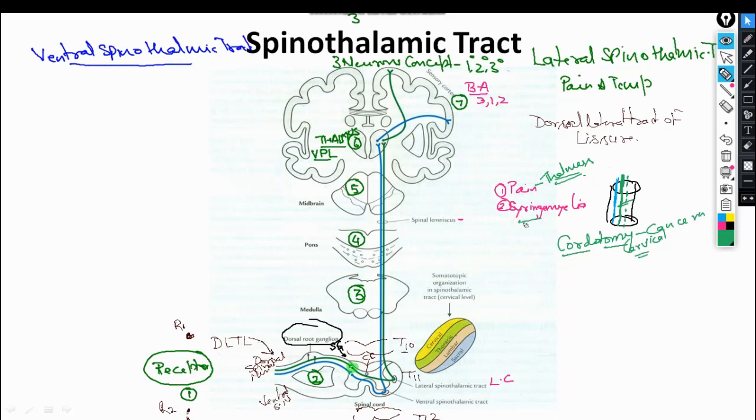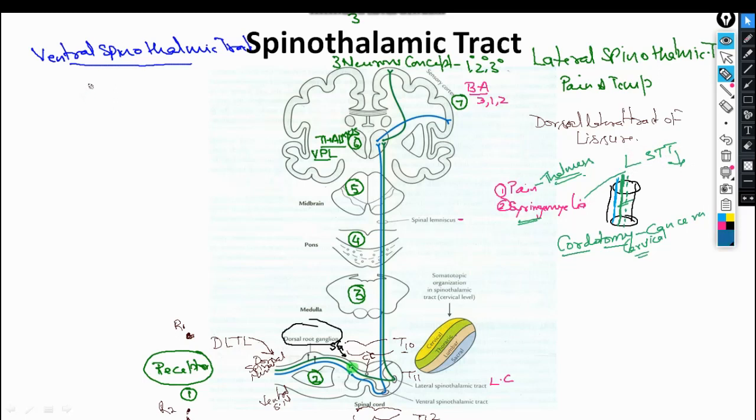Another condition is syringomyelia. Actually in syringomyelia, just now we talked about the path of this lateral spinothalamic tract when it passes exactly in front of this central canal. So in some clinical cases, what happens is the central canal widens enough. As a result of that, it compresses the lateral spinothalamic tract. So what will happen? Compression of this lateral spinothalamic tract happens. As a result, there is loss of the pain and temperature modalities, a sensory loss of these modalities.